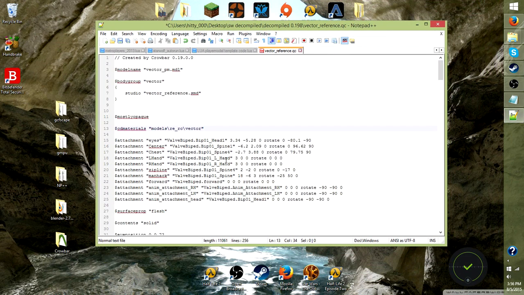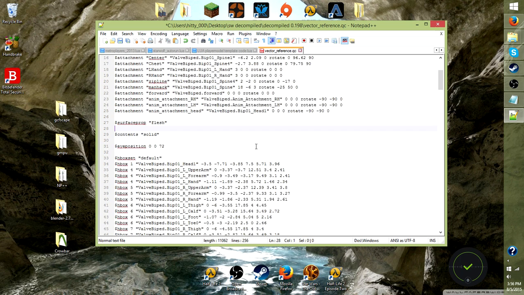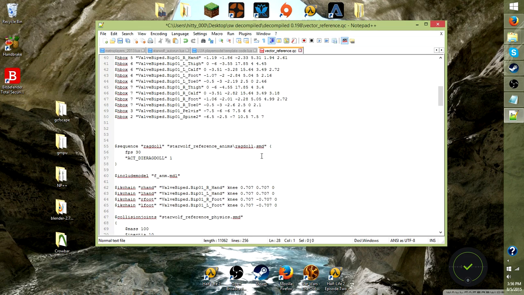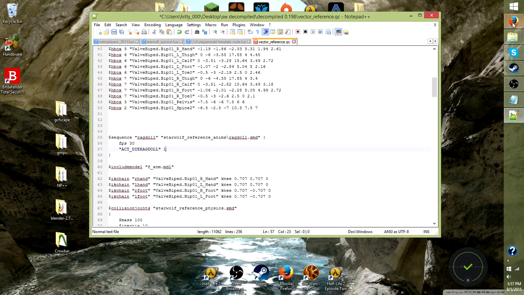I'm going to add another forward slash or backslash right there and ignore all this stuff. The one thing that we do want to pay attention to, though, is right here. These things. Now, basically what this is going to say is this is telling the computer